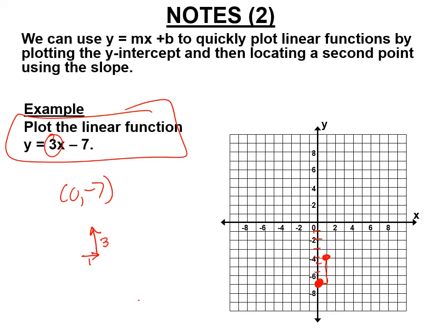That's another point on our line. Let's do it again. Go over 1 and up 3. Keep doing that. And you get all the good intersections along here. Once you feel like you have enough, you're going to need a straight edge today, so pause if you don't have one and go get it. And you're going to take your straight edge and draw a line through your points, and you just graphed this linear function y equals 3x minus 7 way faster than if you had to sit there, make a t-table,